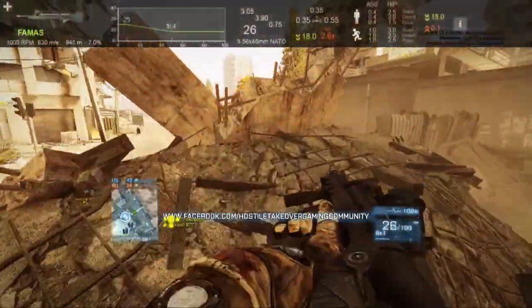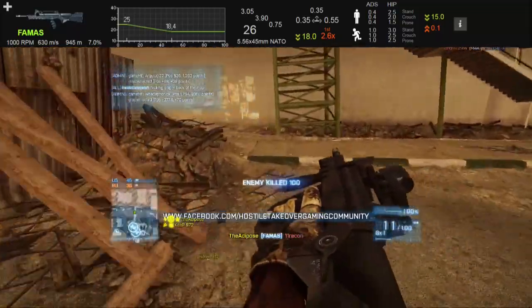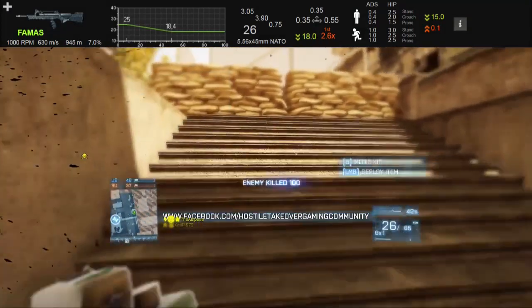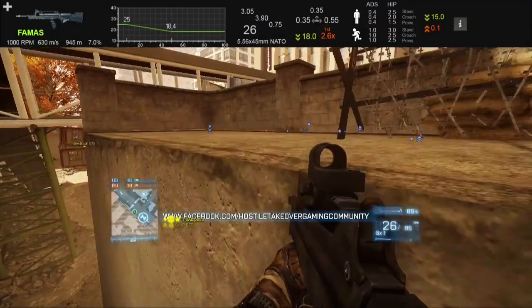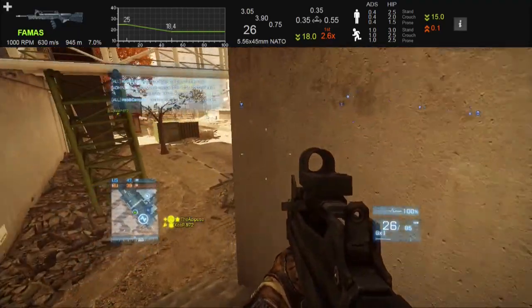So here are the statistics for the FAMAS. The first thing that's really going to jump out at us is that bottom left-hand figure there, 1,000 rounds per minute. The speed of fire of this gun is quite incredible. So let's think about where that's actually going to be useful in terms of a gameplay experience, and the answer